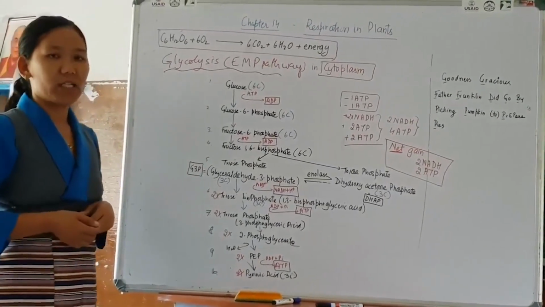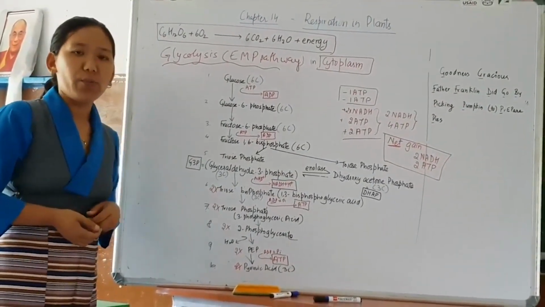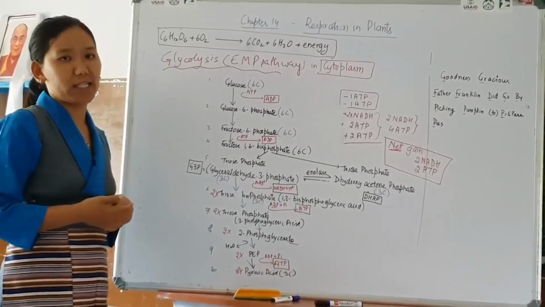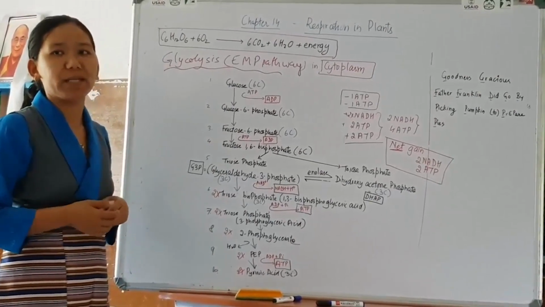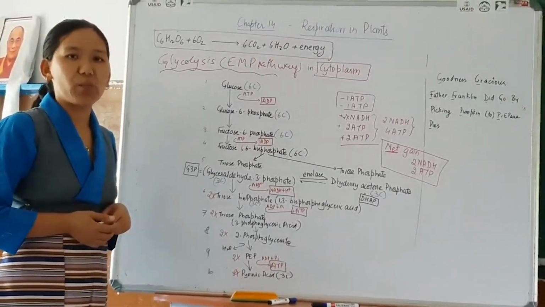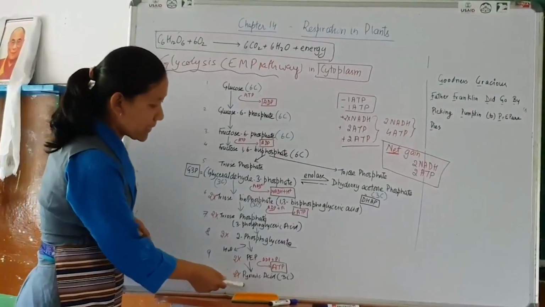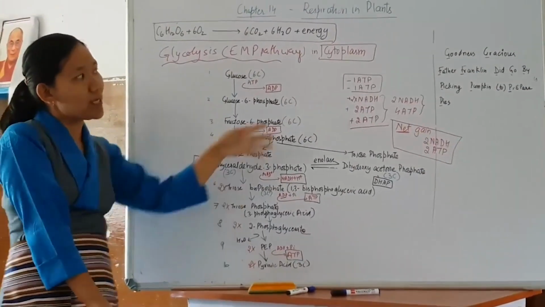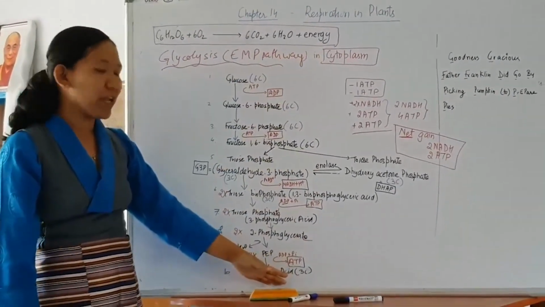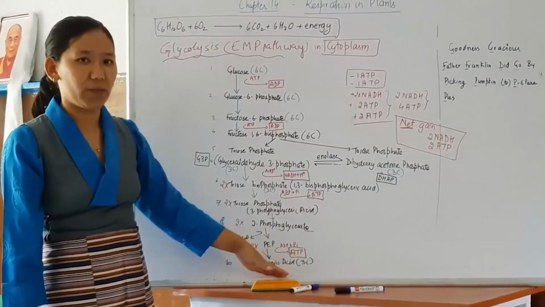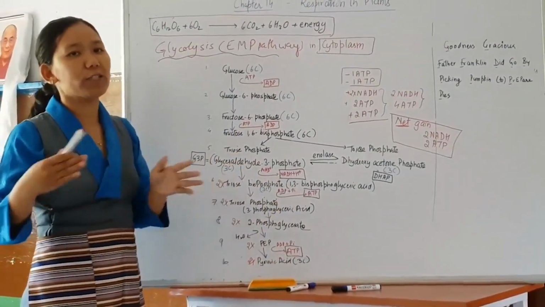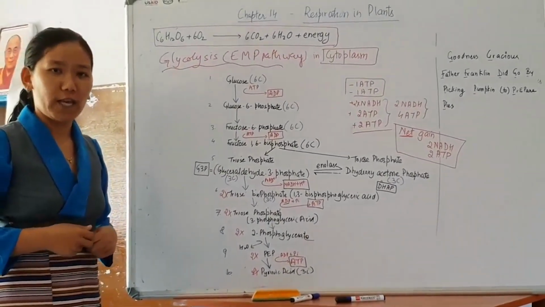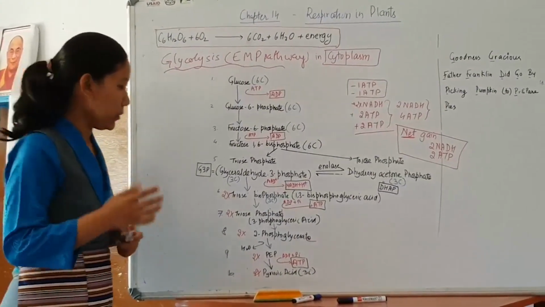Let us now look at the next step in aerobic respiration, that is the Krebs cycle, and before that there is one more step as discussed, that is oxidative decarboxylation. So here, pyruvic acid, where is it produced? What is the site? Of course, since the reaction is taking place in the cytoplasm, this pyruvic acid is also produced in the cytoplasm. Now the following step of aerobic respiration takes place in the powerhouse of the cell, that is the mitochondria. Right.